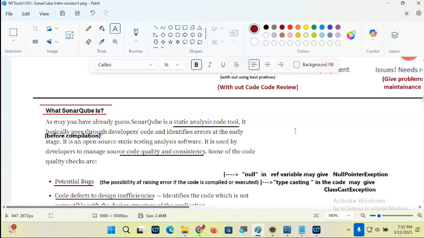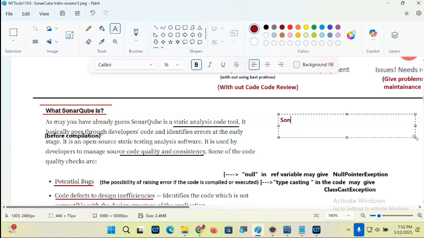Overall, SonarQube is a static code analysis tool. That is a very lengthy word, guys. So it is called a code review tool. The entire industry knows it as a code review tool.